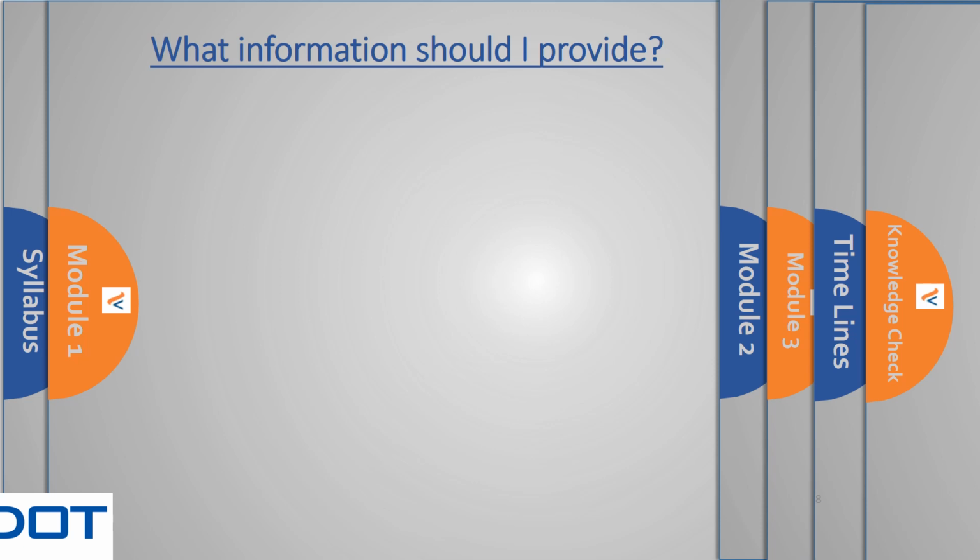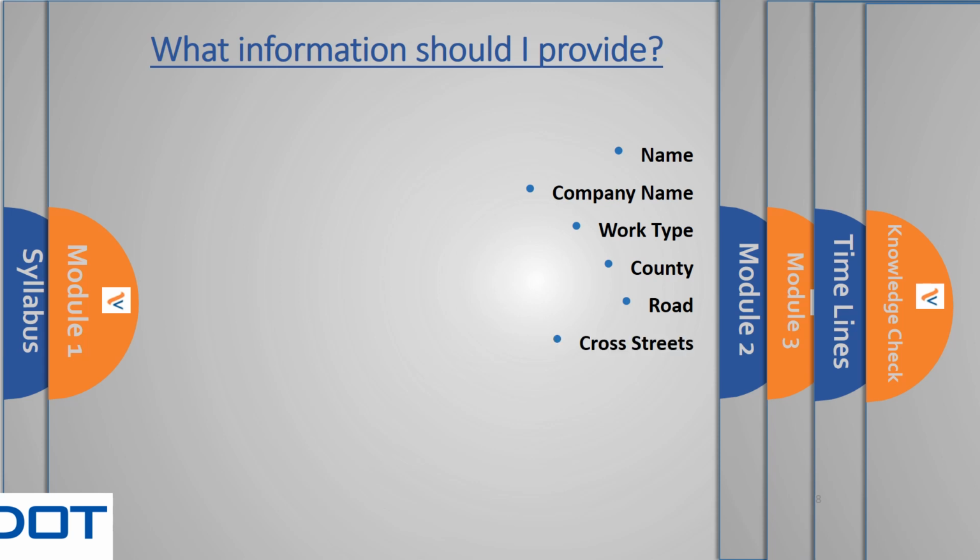At this point, you're probably wondering what kind of information should be provided when you call into the TOC. The first thing you want to give is your name, as well as the name of the point of contact if you're calling in on their behalf. After that, the name of the company you're working for, the type of work that you will be performing, the county the work is located in, the name or route number of the road, including the direction, the two intersections you'll be working between or the two mile markers, the lanes being blocked,